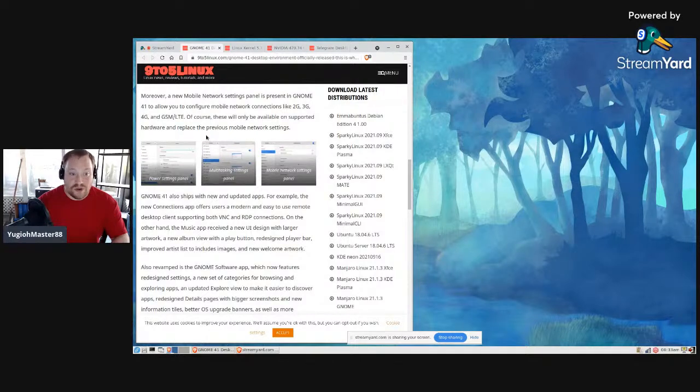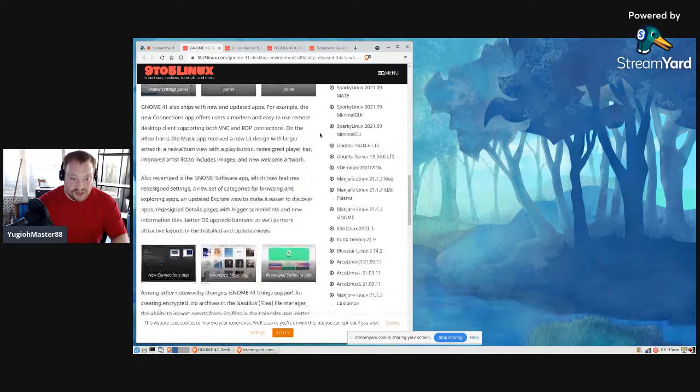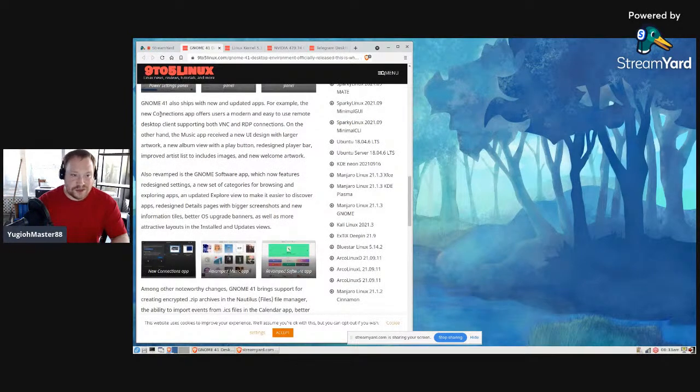Moreover, a new mobile network settings panel is present in GNOME 41 to allow you to configure mobile network connections like 2G, 3G, 4G, and GSM/LTE. Of course, they will only be available on supported hardware and replace the previous mobile network settings. GNOME 41 also ships with new and updated apps. For example, the new Connections app offers a modern and easy-to-use remote desktop client supporting both VNC and RDP connections. On the other hand, the Music app received a new UI design with larger